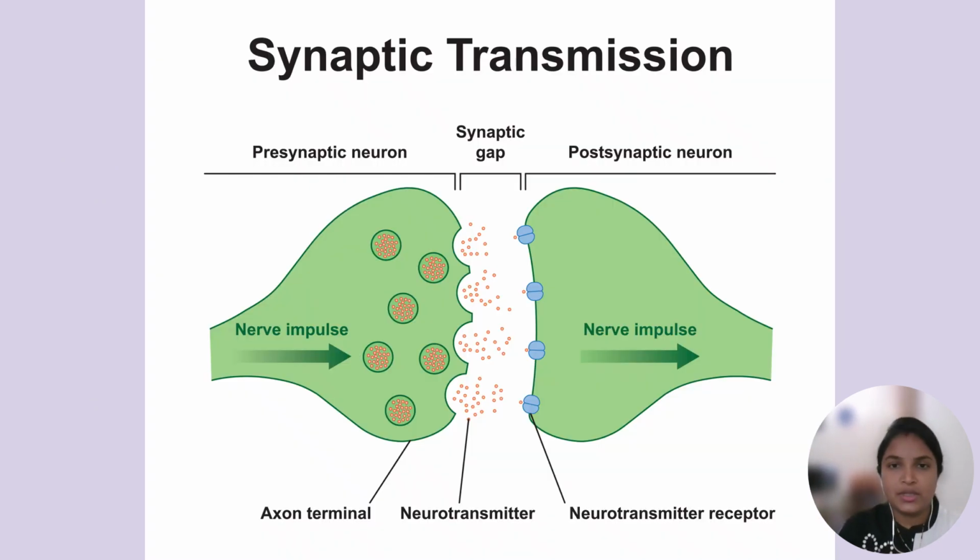When we talk about synaptic transmission, now the interesting fact: everywhere when you are driving, it is written, do not drink and drive. What does it mean? How does it scientifically, or logically, make sense? Why is it written? See, this is a synaptic gap that is present between the two neurons. This is the axon terminal, and this is the dendrite of another neuron, and in between both of these there is a synaptic gap. The synaptic gap is filled with the neurotransmitter fluid.